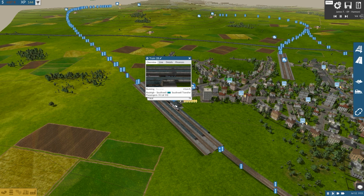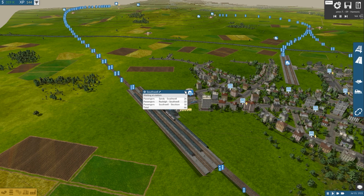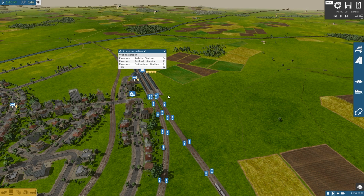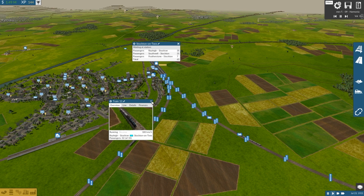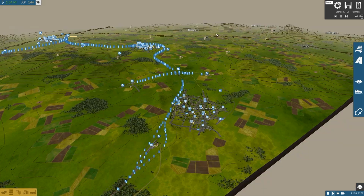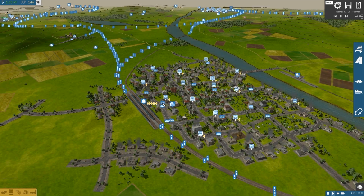We have Relay Southwell. And as it happens, we just got a train coming in over here, which is gonna take pretty much all the passengers. So there's no lack of capacity over there. Relay Stockton. Yeah, we got a train coming in right here right now. So in terms of capacity, that's looking rather good. Then over here, well, we have expanded those trains, so we should not really have...